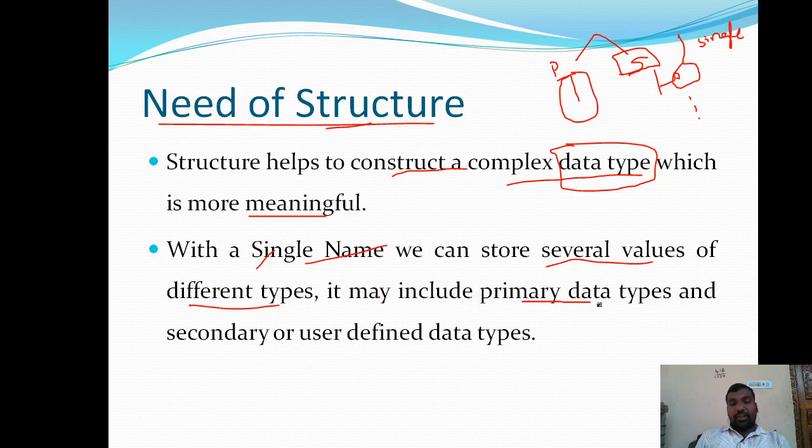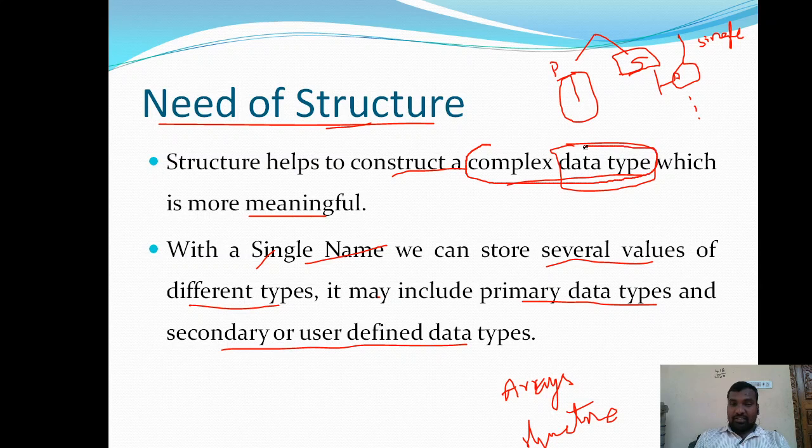It may include primary data types like integer, float, character types, and secondary or user-defined data types, so it may include arrays, or it may include another structure. All these we can combine together to form a new type of structure. That's why we use structures to create complex data types. Complex data types means it includes both primitive and non-primitive or user-defined data types.